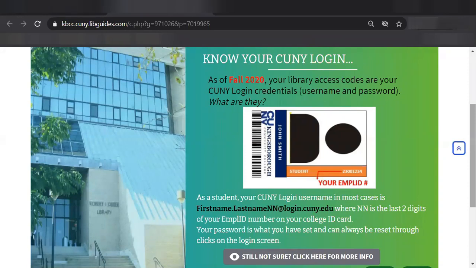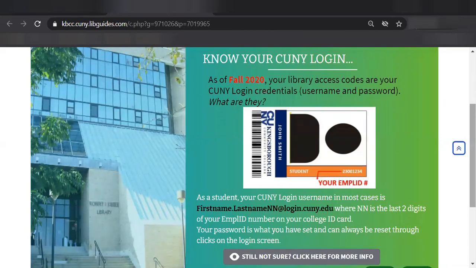And your login has your username and your password, and you'll see on the slide so that you can recognize which of the different passwords or usernames you have, okay, is the one for CUNY Login. You'll see usually it's your first name dot last name, and then the last two digits of your